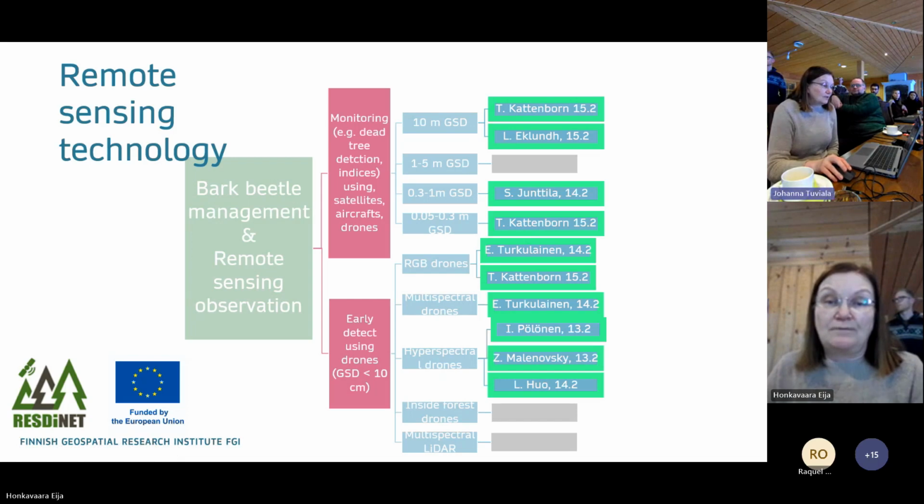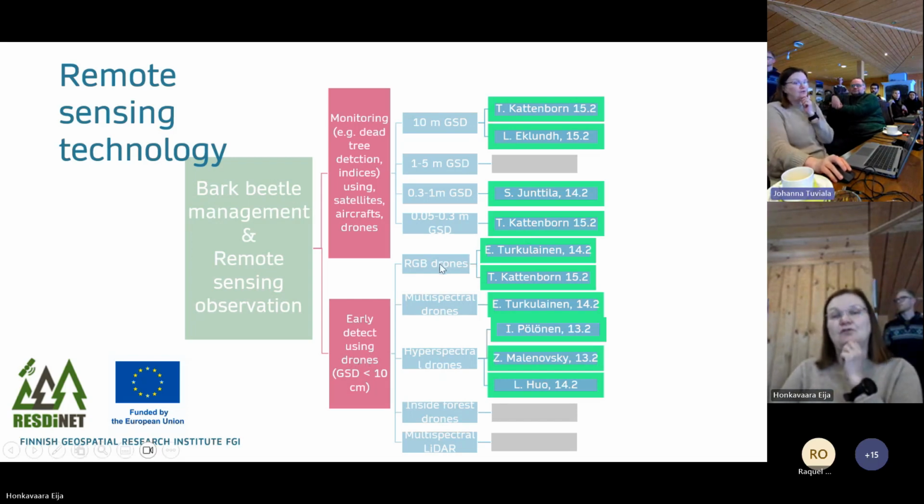Yes. Okay, then we go to early detection. Actually, I was thinking I should have had this RGB drones, Emma's and Teija's deep learning presentation. I was thinking to put it here in the upper row, but now it's in this early detection, so I will move this up later. We will share this also with the training material, so you will have the accurate thing then later. About the early detection